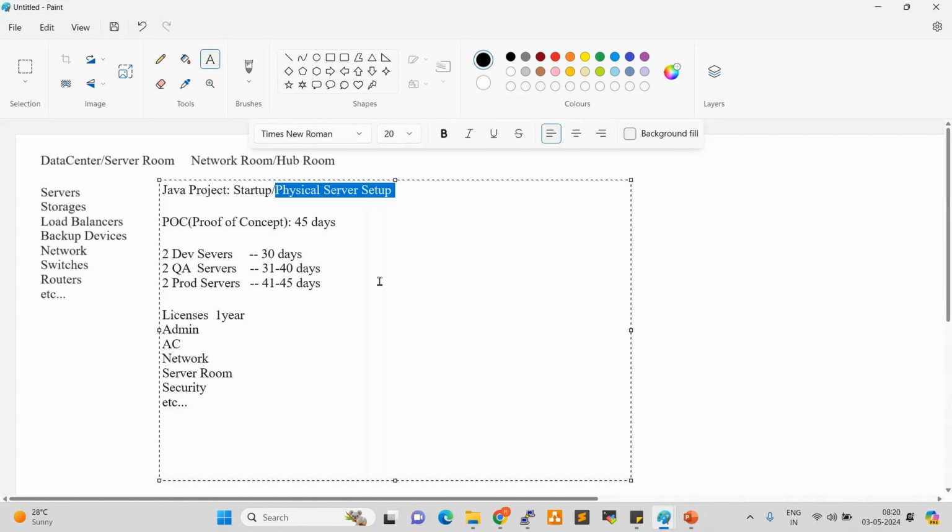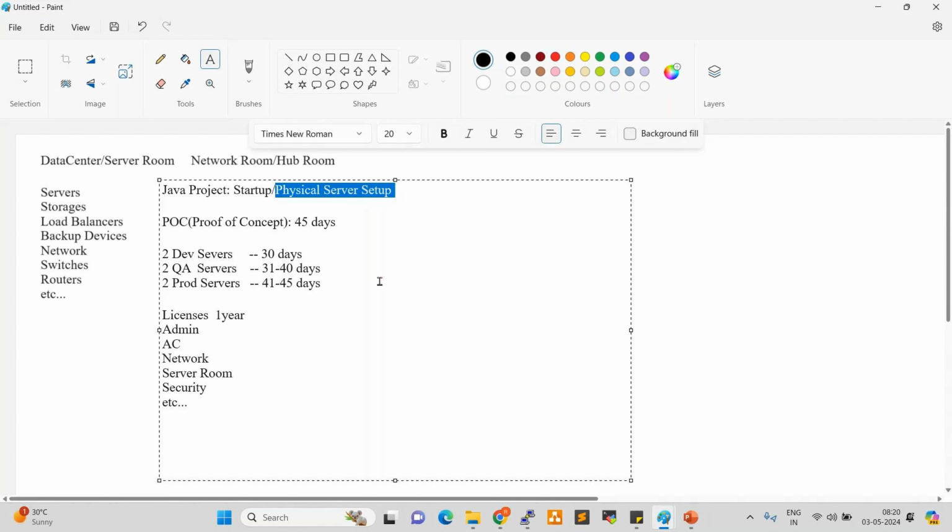Okay, so once you set up all these things, once you prepare the POC, once you showcase it to the client, if the client approves, it is fine. If the client rejects, what will happen? Again, this cost will affect the company. These are all a waste of money, right? So if the client approves, it is fine, or else this is a waste of money.